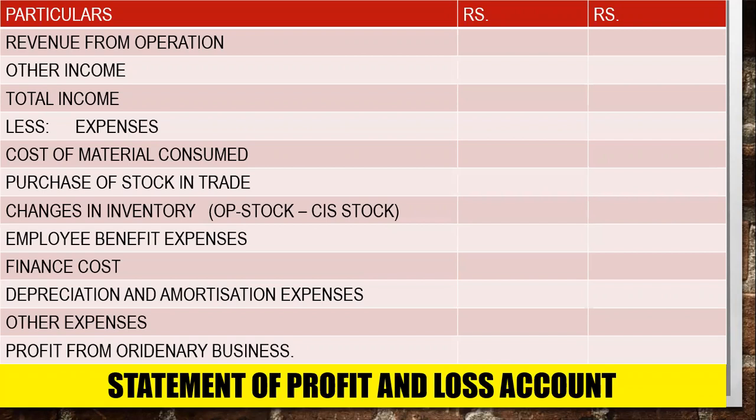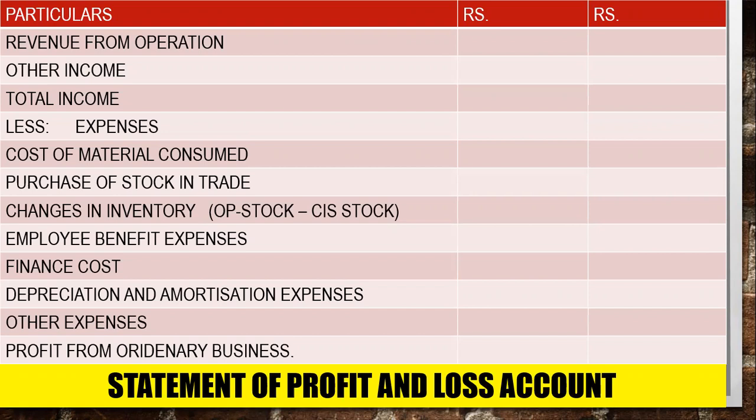Okay. Depreciation and amortization expenses. As we have discussed about depreciation, tangible assets have depreciation, intangible assets have amortization. So here you can take depreciation and amortization expenses. We discussed in the 4th chapter that we make a fixed asset schedule. So here for depreciation you again have to make a fixed asset schedule, for whatever assets you are having.